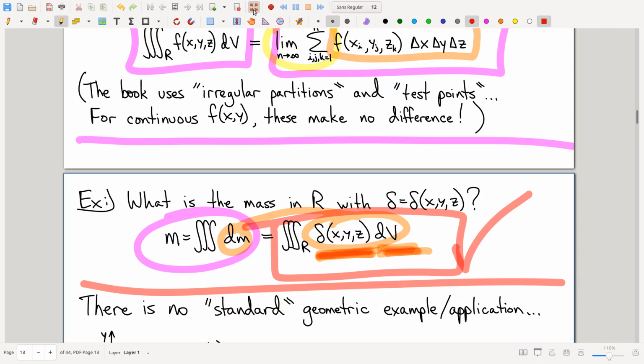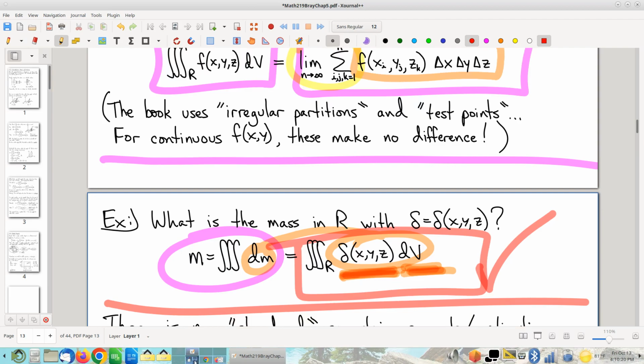If you're doing a triple integral over, I guess, like